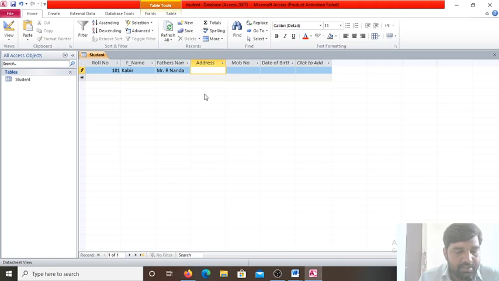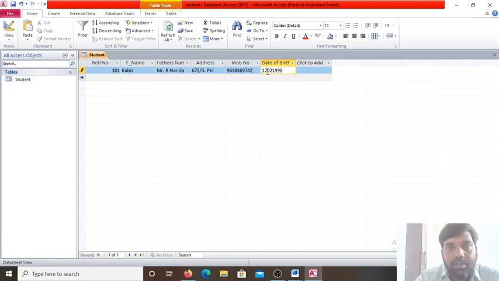Next address, 675 by 4 PKL. Like this. Mobile number 9648369742. Date of birth you can write any date of birth like 12/2/1998.